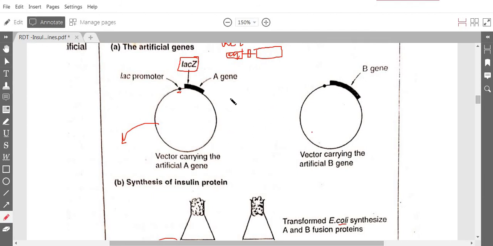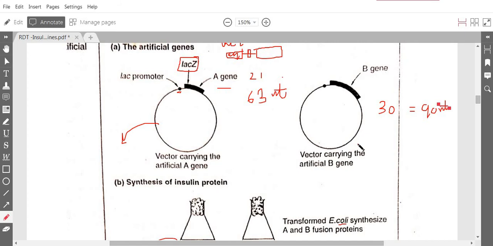So in two different E. coli cells, two different genes are present, but the size of the genes is very small, because the A gene is composed of 21 amino acids, which means it should be 63 nucleotides, and the B gene is composed of 30 amino acids, which means approximately 90 nucleotides. So 63 nucleotides plus 93 nucleotides is not a big problem,